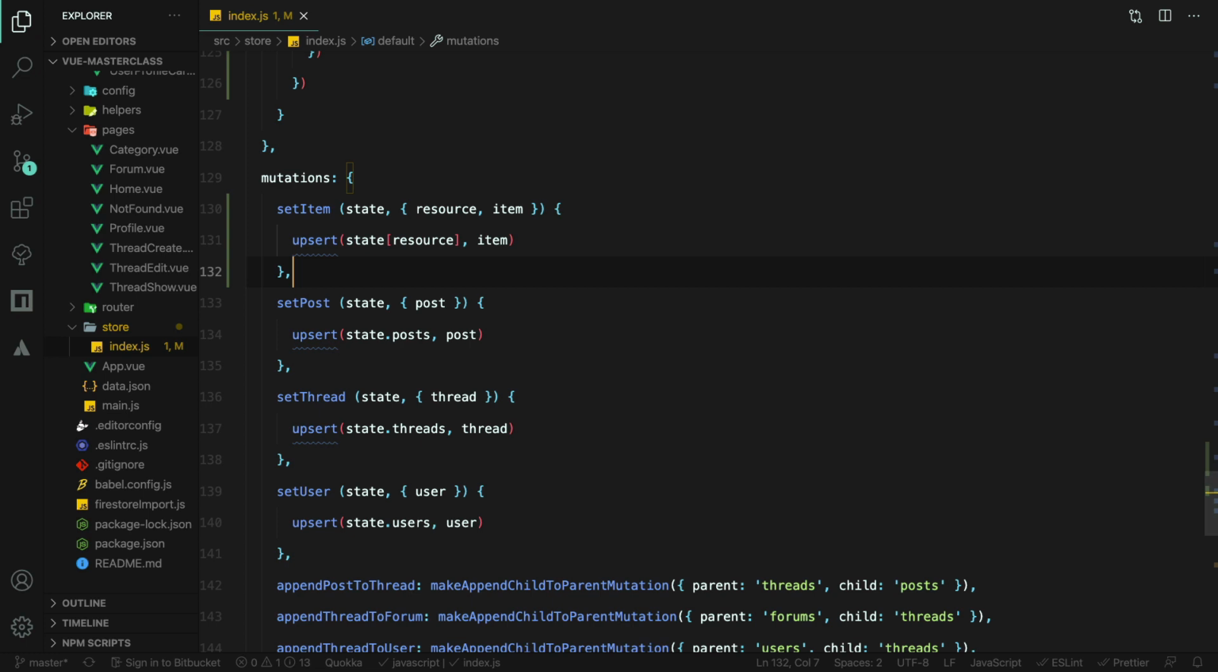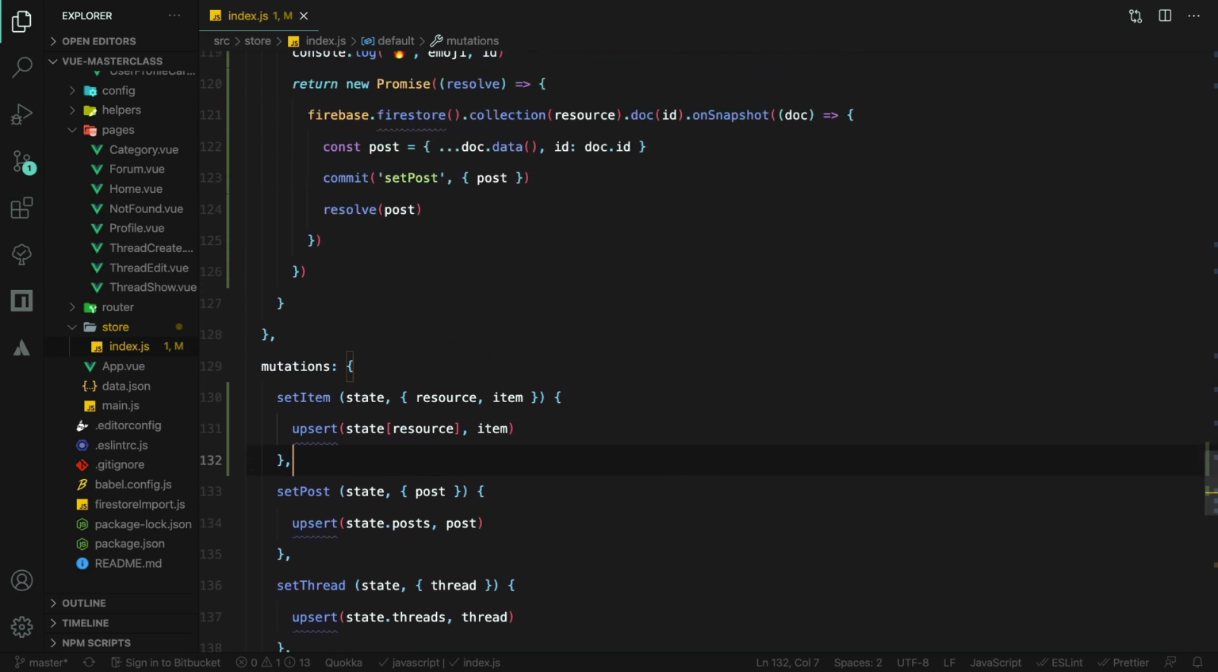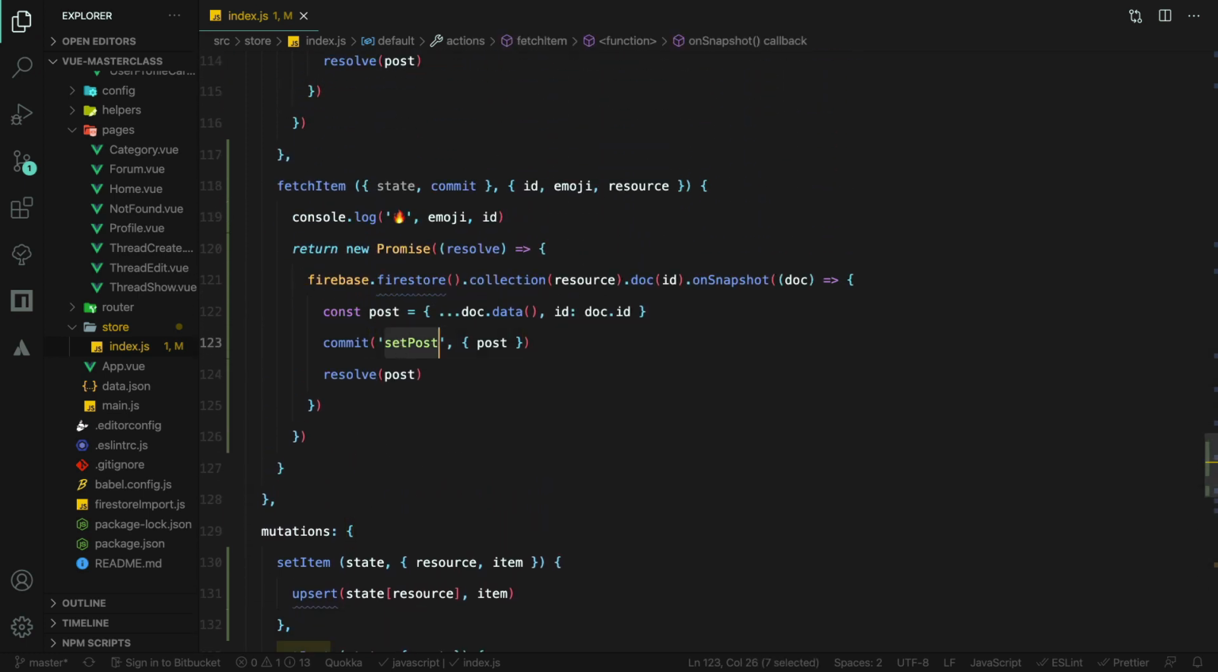Looks good. Let's go back to our action where we can use our new mutation setItem. We'll pass it the resource argument along with the ID and the item object. Here, I will also rename the post variable to item to make it more generic. And that means we can use the object property shorthand here. It's also handy that setting the